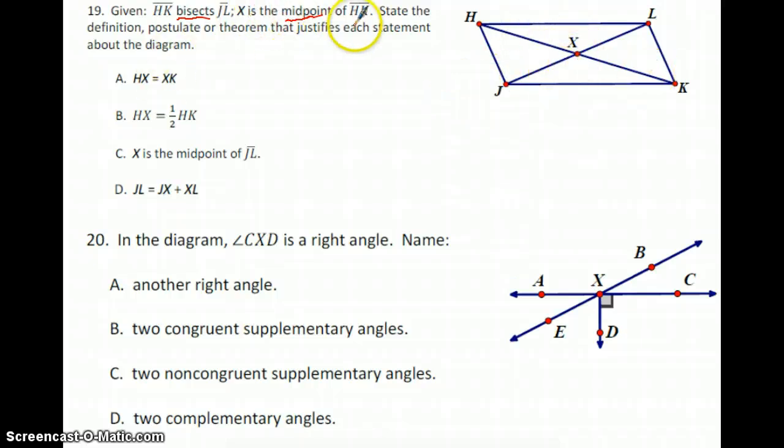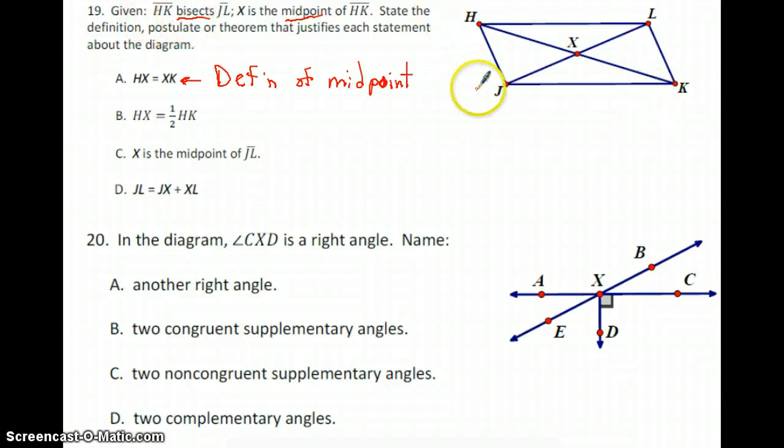So if X is the midpoint of HK, the definition of midpoint is about splitting HK exactly into two equal pieces, which is what this part is here. So let's get this out of the way. This is the definition of midpoint. The other one is that first statement here. Let me finish writing midpoint. This thing doesn't always track me as fast as I'd like it to. The other part, about HK bisects JL, is going to put X halfway in here, exactly